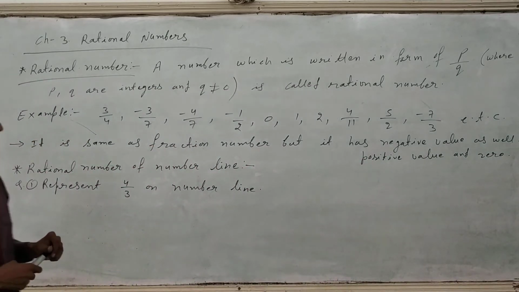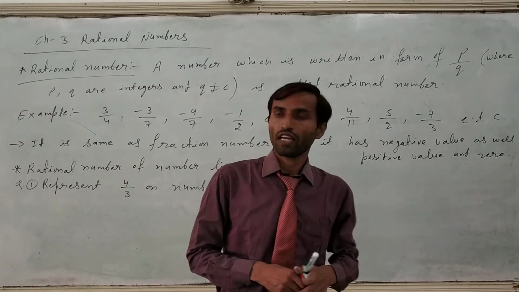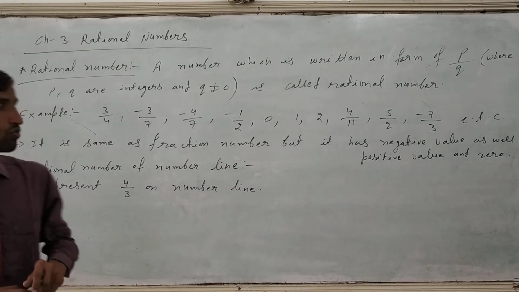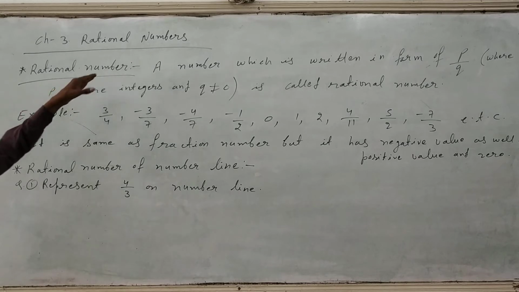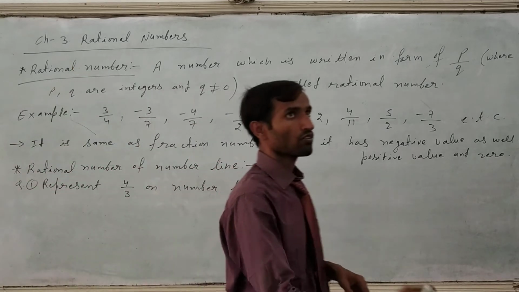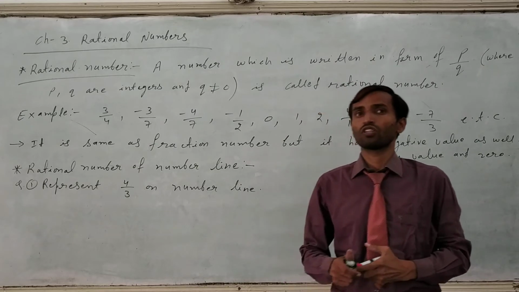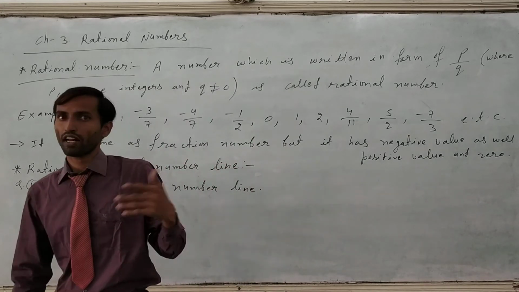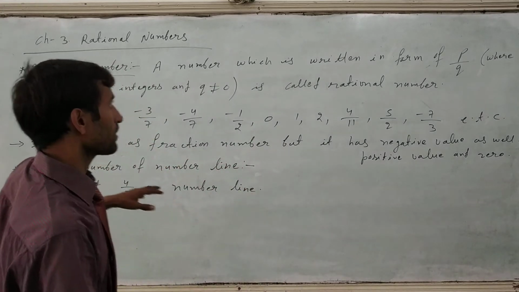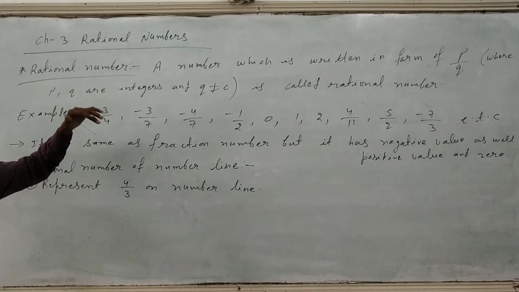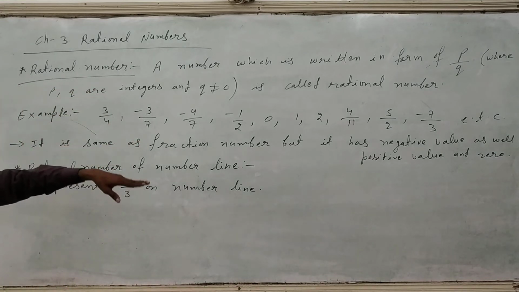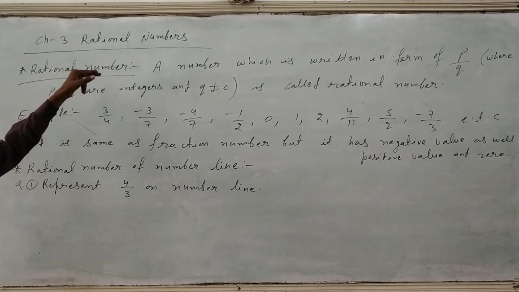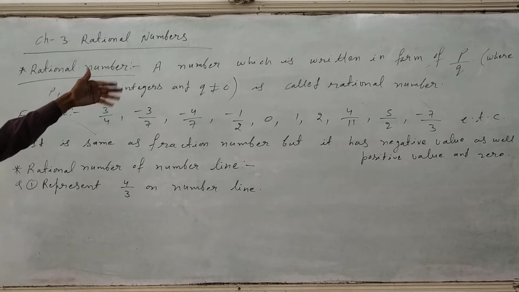If you know the negative sign and positive sign, it will come like this. It is the same as the fractions chapter, not a different chapter. From childhood you have understood the number system, like natural numbers, even numbers, odd numbers, whole numbers, prime numbers and co-prime numbers. These are also different types of numbers. Already you have studied the fraction chapter and decimal numbers also. Now we go for rational numbers, which are a different kind of number, the same as fractional numbers, but they come in negative and positive also.